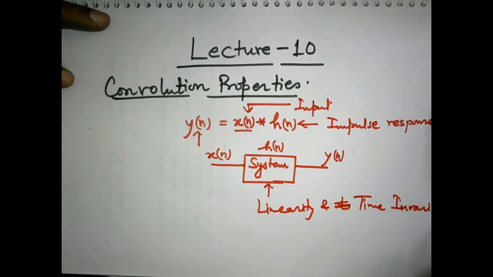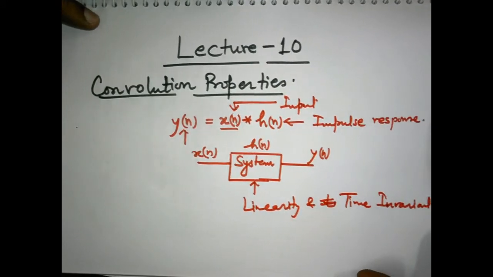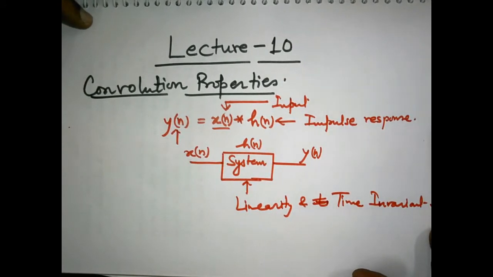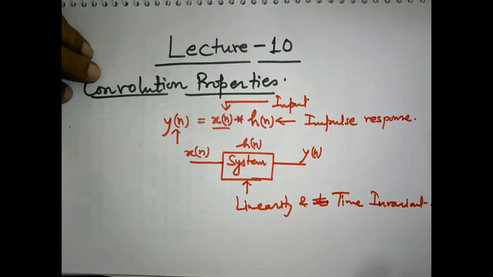This system should be a linear time invariant system, linear as well as time invariant. Some of the properties which are based on this linearity and time invariance are: the very first property is,